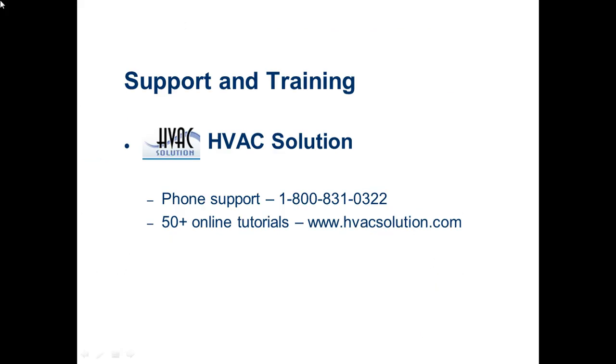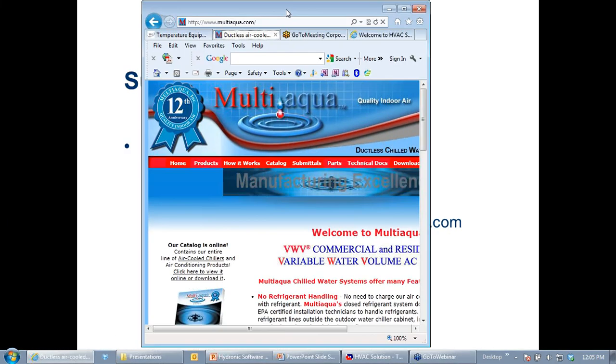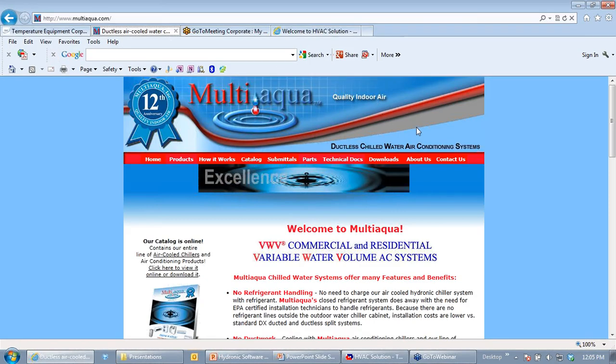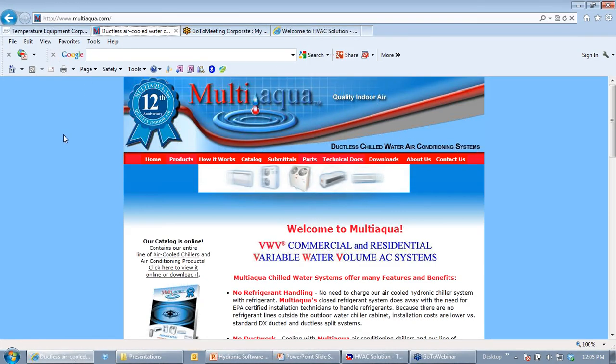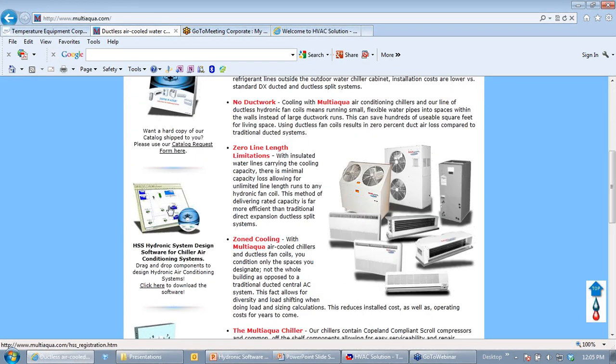Real quick, I'll show you on the websites. I'll drag these over here so you can see where you can get some of these things. So the software itself, if you want to download it for free, you go to www.multiaqua.com, M-U-L-T-I-A-Q-U-A, and you scroll down on the left-hand side here, and you'll see where it says HSS Hydronic System Design